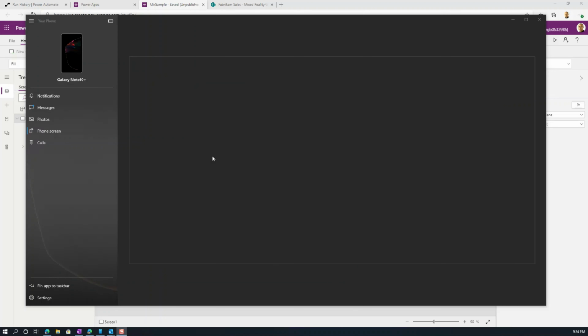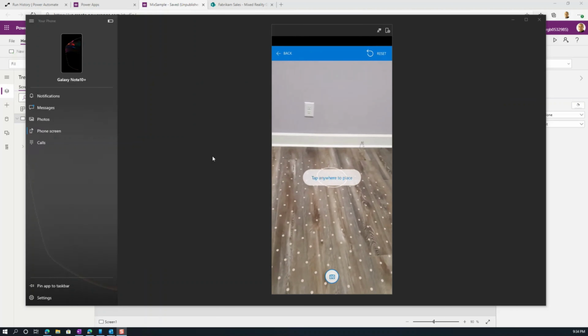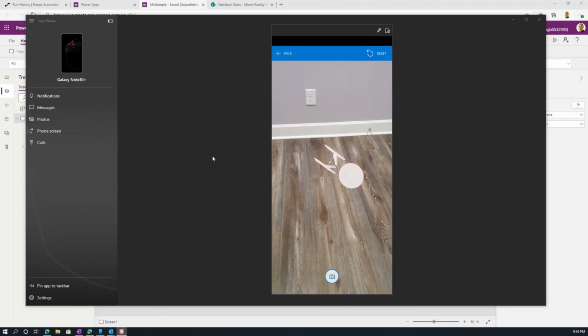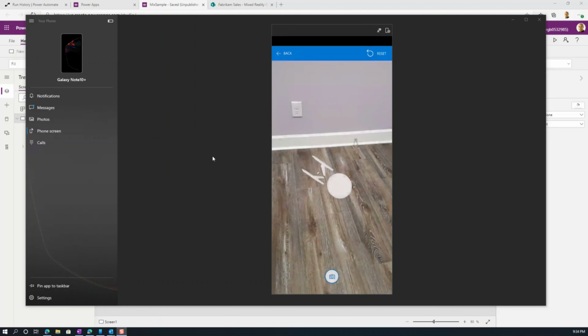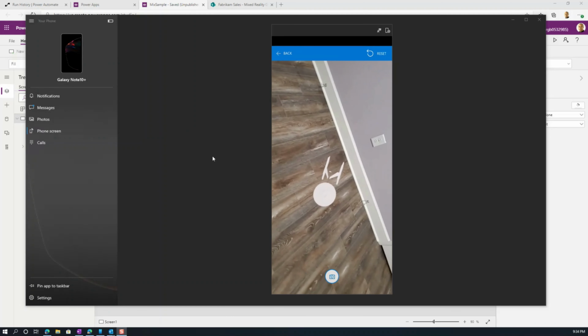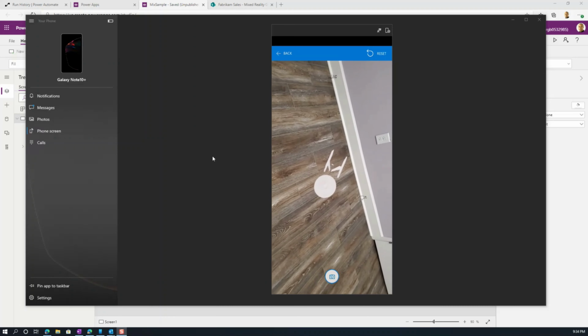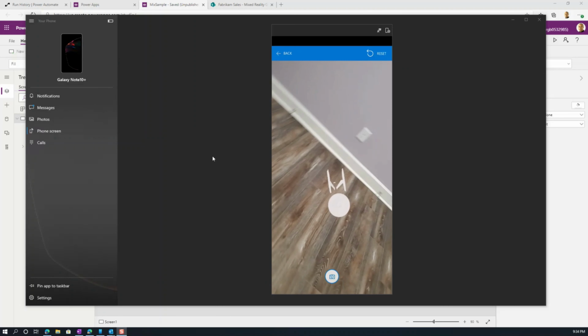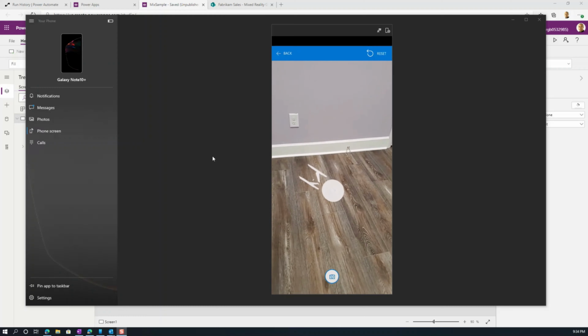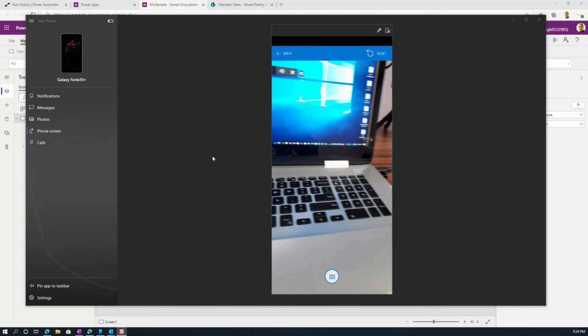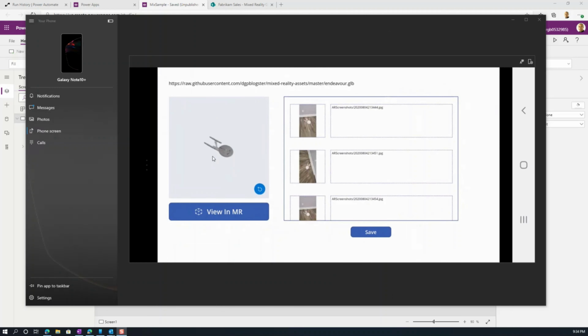I then attempt to take a few pictures of this particular model in my mixed reality environment. So here I take one, and then I can go back and say, right here, I'm going to take another one, let's say, and then finally I take another one here. If I go back now, I have a gallery that contains those three pictures that we have actually taken in that augmented reality scenario. So now if I click save, this is actually going to get submitted to my SharePoint